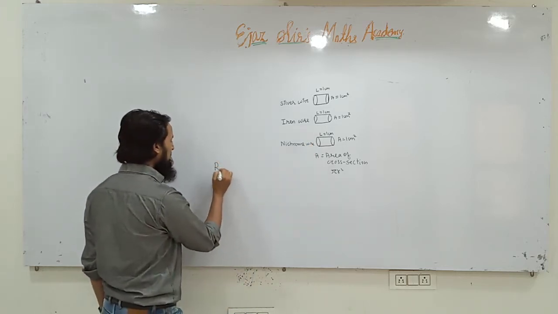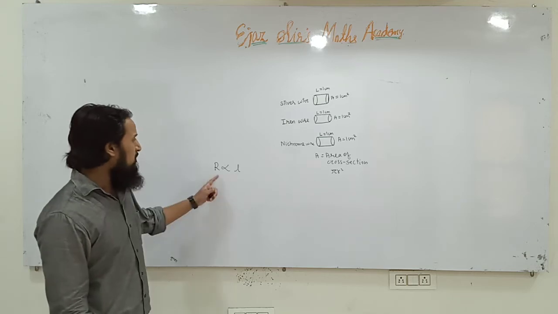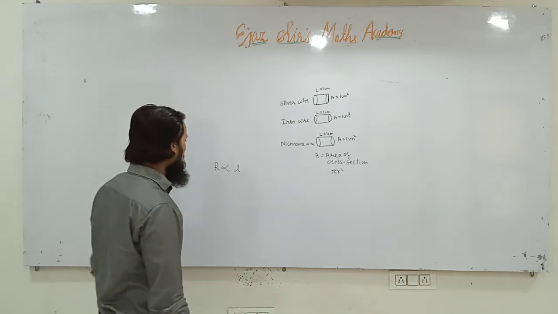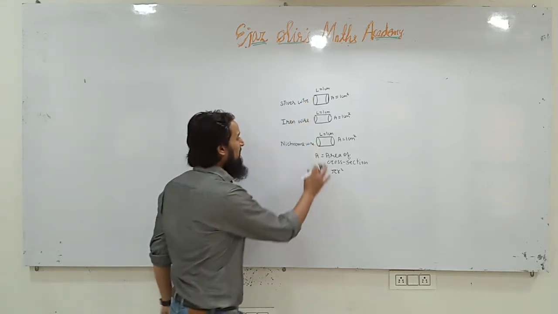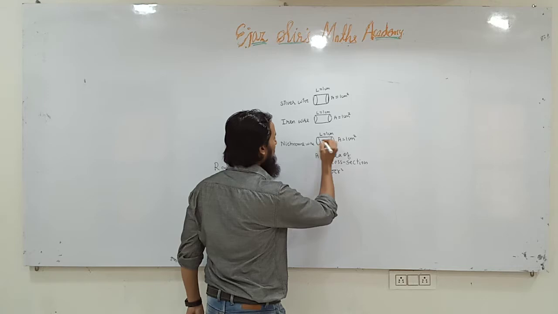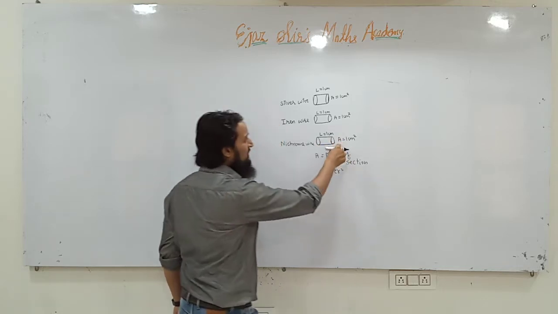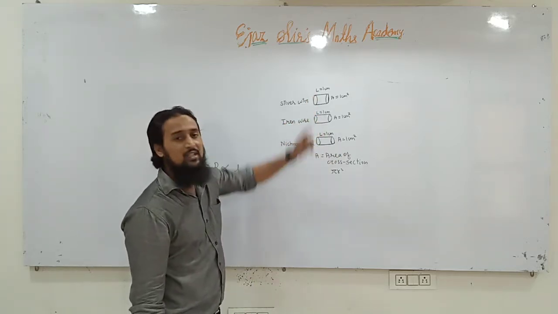You say that resistance is directly proportional to length. We have studied resistance of a good conductor. Resistance of a conductor is directly proportional to its length. These three may not look identical, but we have to suppose that they are identical. All the three wires have same area of cross section, and all the three wires have same length.